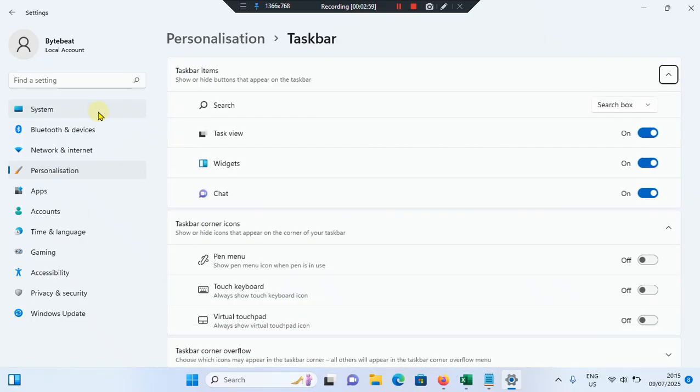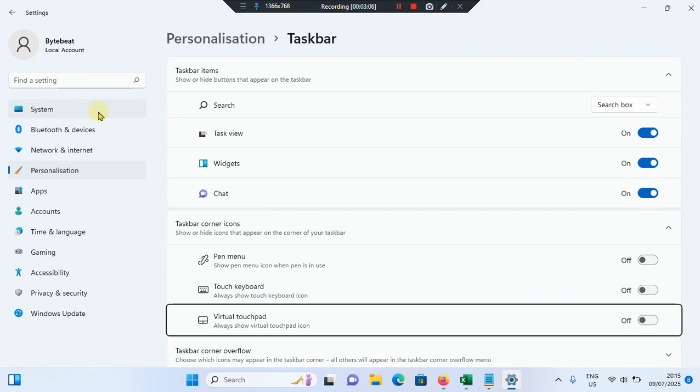Again you need to use your tab key, go to the bottom. You can see there is the option called virtual touchpad. Simply tap on space bar to turn it on. So you can use the virtual touchpad icon. So these are the methods you can try to enable